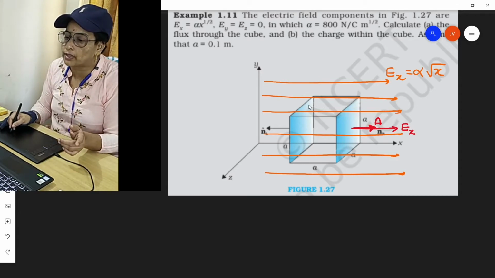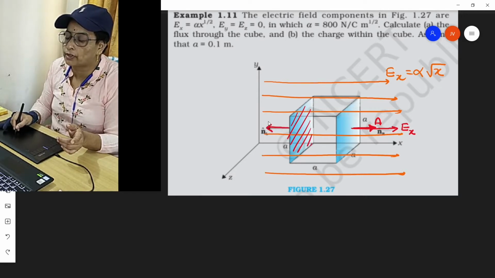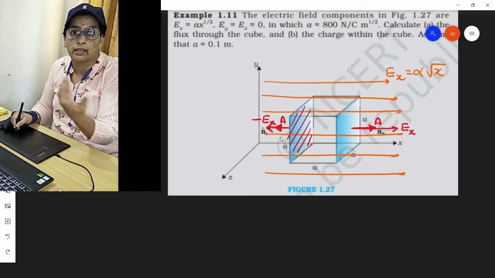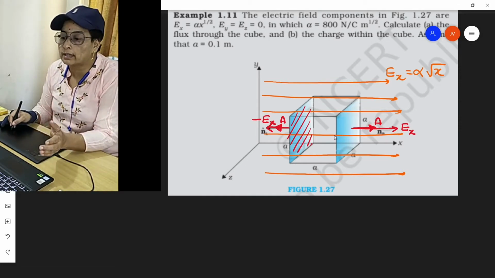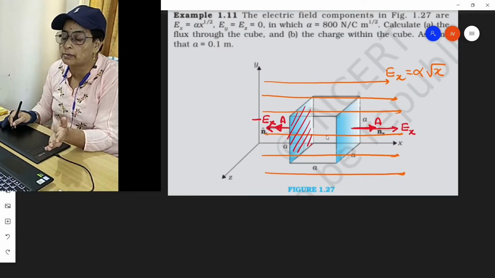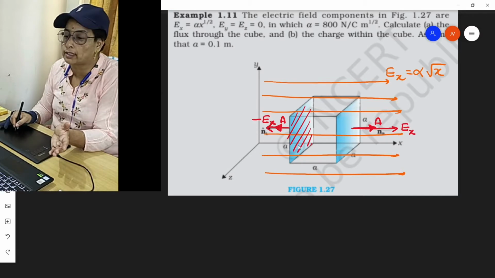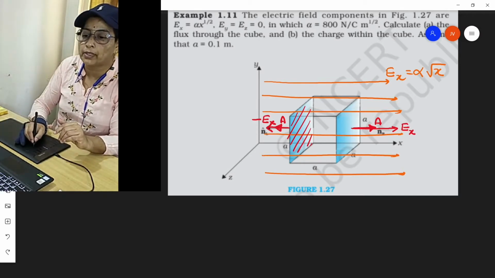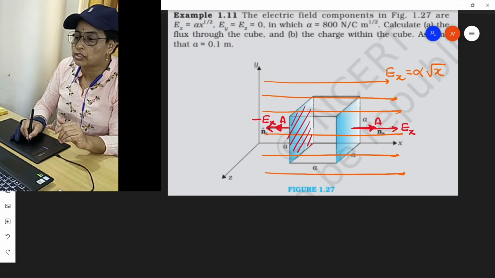And the opposite face is the next blue one, which I am shading right now. Here this is the direction of electric field, but this face is in the opposite direction, and the area vector is radially outward. So either face is a contributor of flux, but in opposite directions. This time I won't say that they are equal in magnitude. Magnitude variation will come.